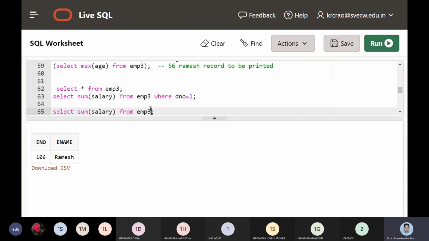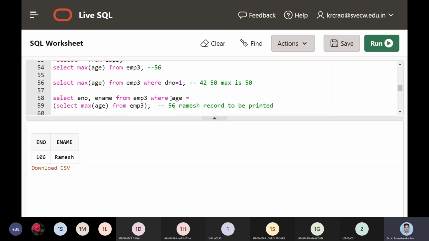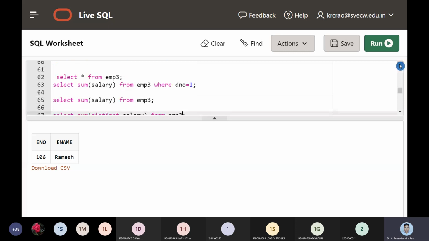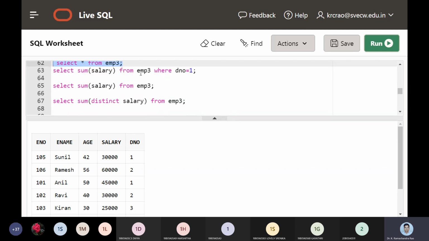change the table name for convenience. We should get employee 3 at this part. So select star from employee 3. We will first understand the answers, then we will get it, right? So select sum of salary from employee 3 where department number is equal to 1. So what was the answer we expect?